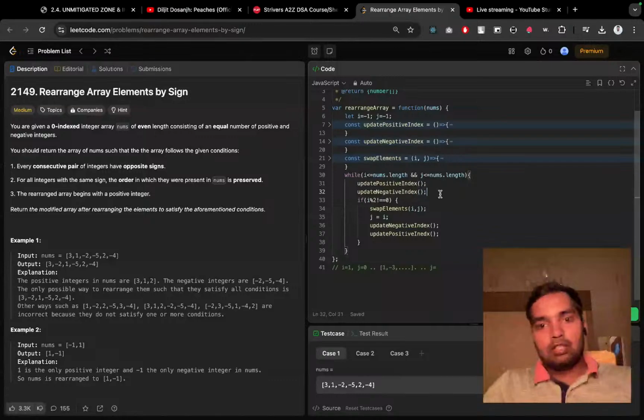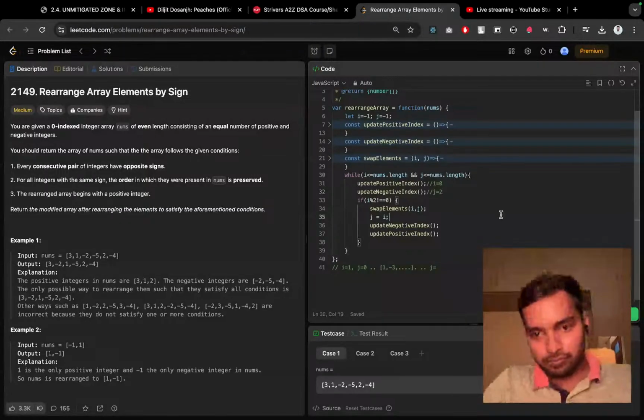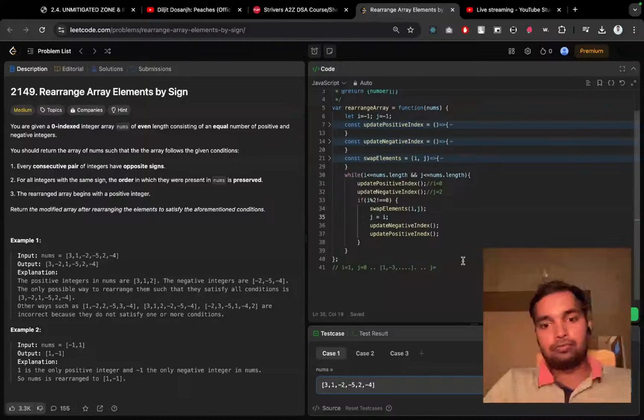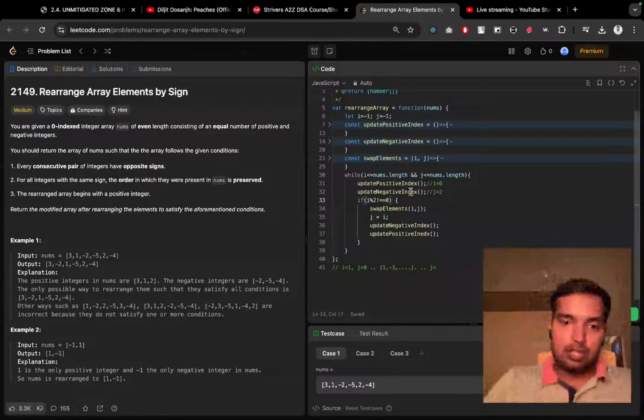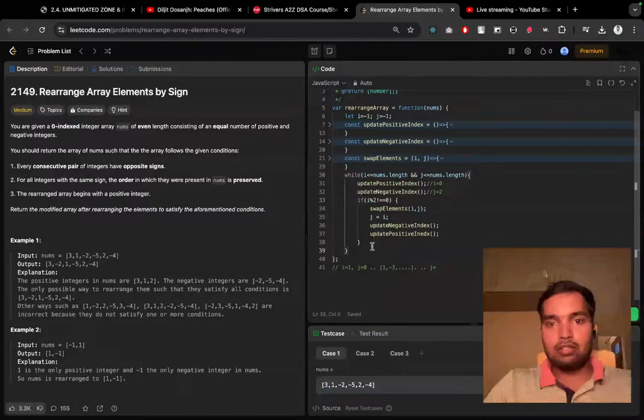So when you update this, at first you will get i is equal to 0, j is equal to 2. That's it, right? Now, check whether one of these is at the right position or not. In my case, i is at 0. That is the correct position of this element. Then we have to do nothing. Else,